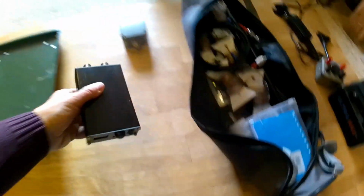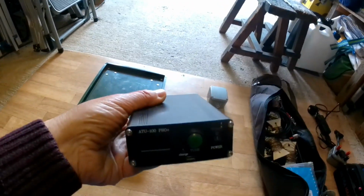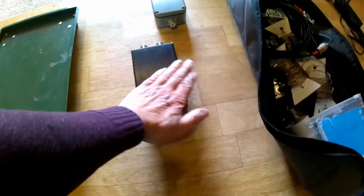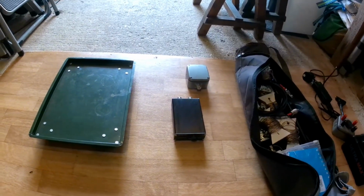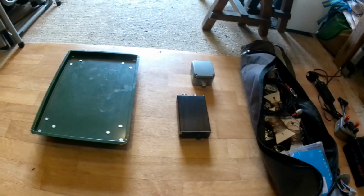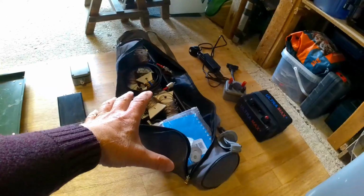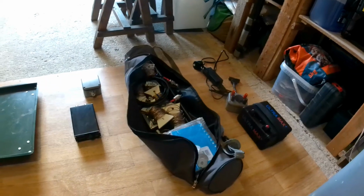And other things I can take is I've got a battery powered ATU, but this one's for 100 watts, so it's not very good below 20 watts anyway. So that's if I'm not running QRP, I'm running other power, so I could take that. And the other thing is camping kit, you know, tent, stove, food, sleeping bag, things like that. But this is not going to be an overnighter, so I think it's just going to be the basic aerials, bivvy table, power supply, the radio itself, which I've not decided which I'm going to take, whether it's going to